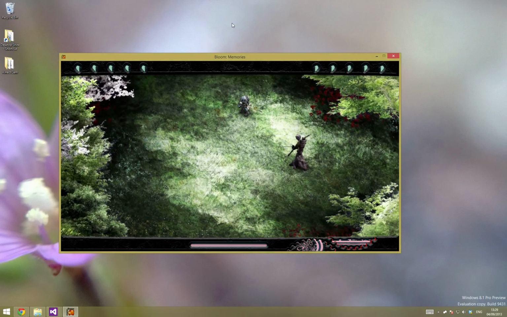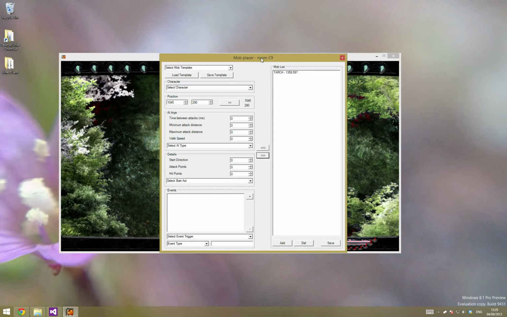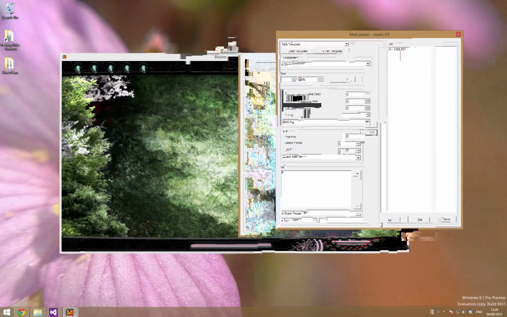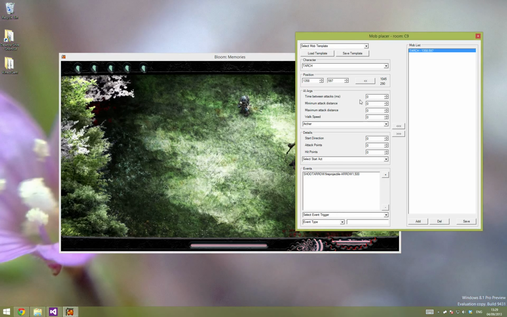Next up, we have our editors. Pressing a key in the engine allows us to bring up the mob placer. What that does is lets us see which mobs are in this current room. Doesn't work fully, not all the details come across, but they do all save correctly. We can set things like time between their attacks, minimum amount of distance the player has to be for them to attack, maximum amount away, and